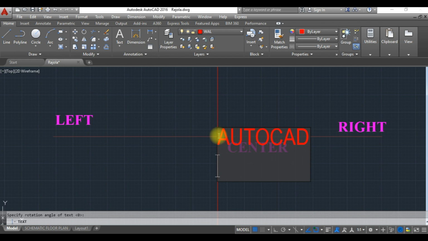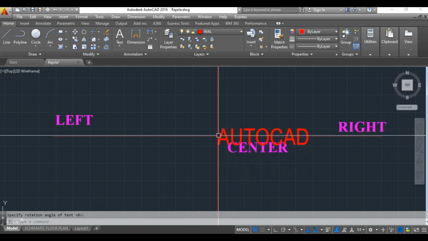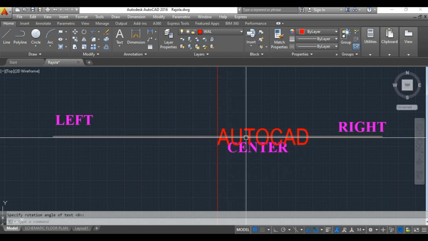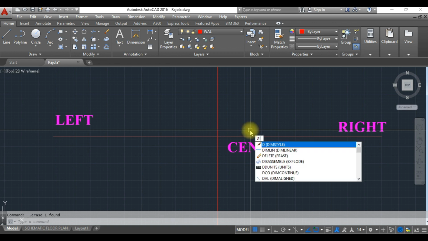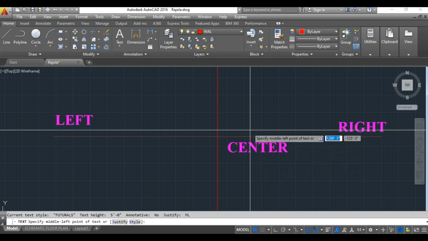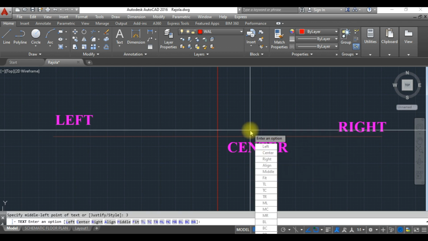Okay, if I hit enter, it will come for the next line. Once again enter, it will come out of the command. So this will be your middle left, right? Same way, if I want to go with respect to the middle right,